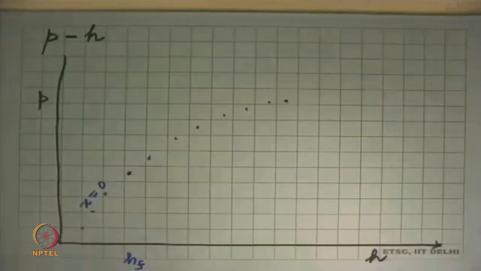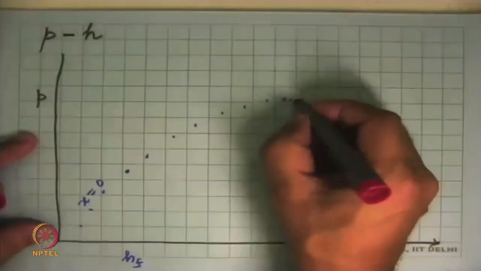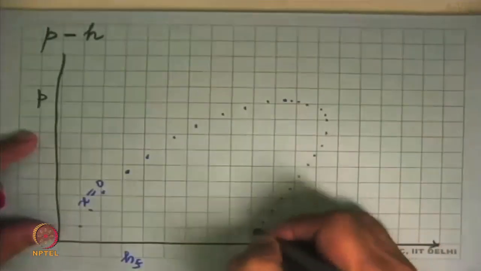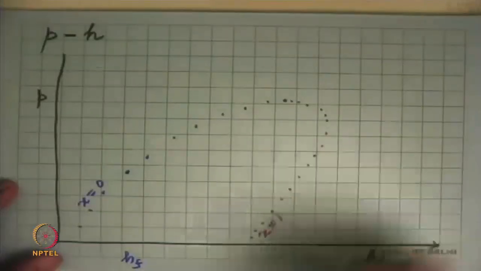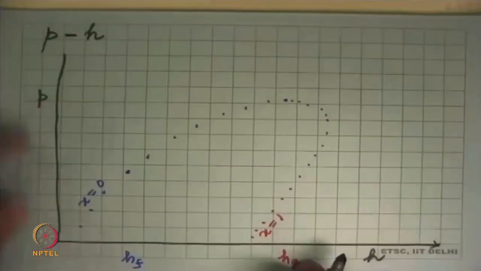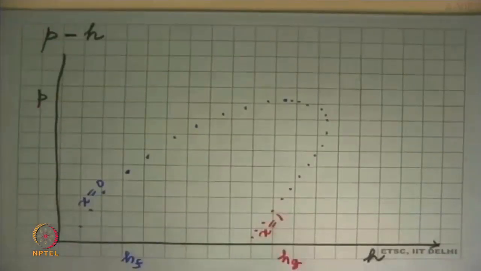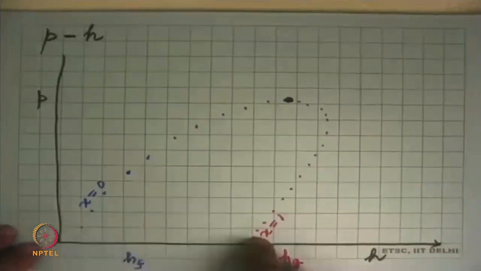And now we do the same thing with P versus Hg, the saturated vapor state. And this graph will give us a bunch of states that have approximately this shape. And this is all X equal to 1. What we have plotted is pressure versus the dry specific enthalpy in the dry saturated state, Hg. And the critical point is right at the top of this, the critical pressure. And this graph will of course always end at the lowest point, the triple point.